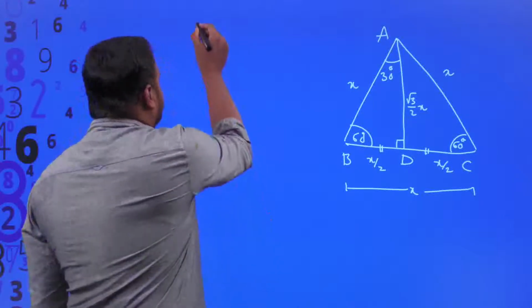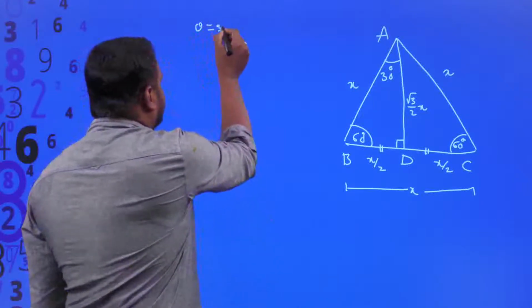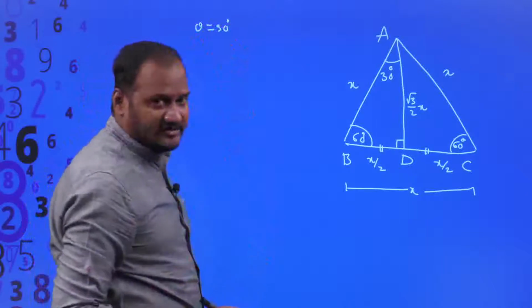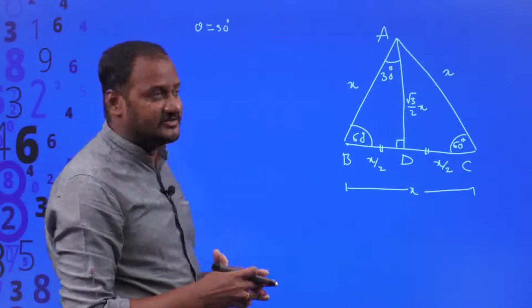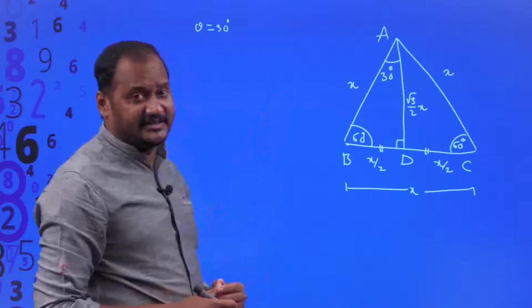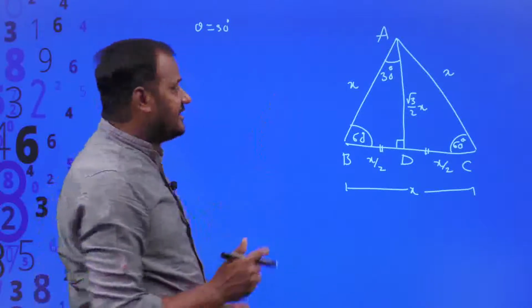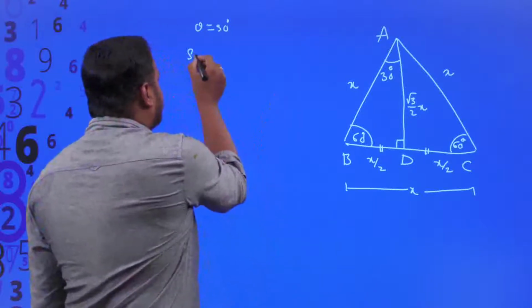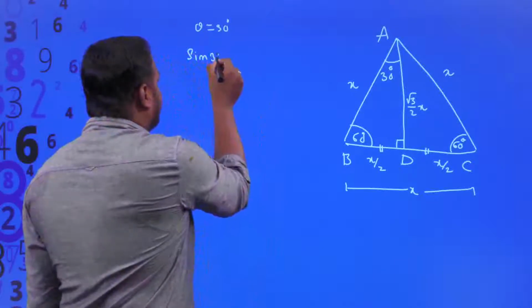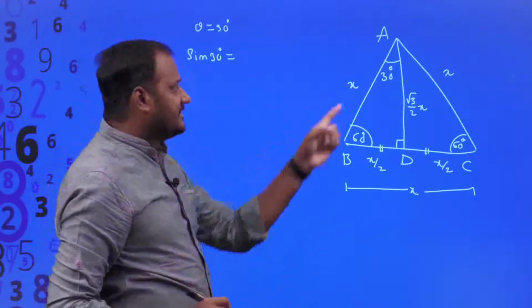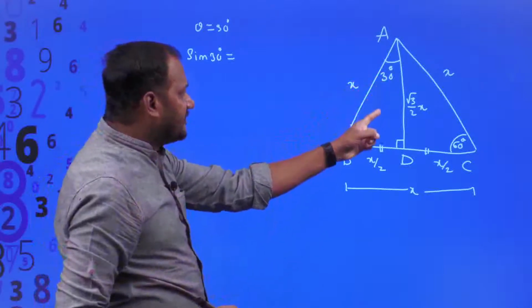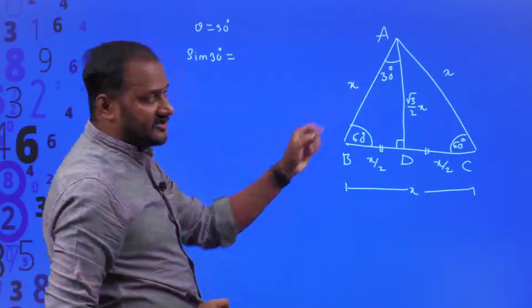Now, theta is equal to 30 degrees. Okay. Theta is equal to 30 degrees. Now, I am going to figure out all the 6 trigonometric ratios according to acute angle 30 degrees. Got it? Now, the first one is sin 30 degrees. According to the definition, sin theta is equal to side opposite to theta divided by hypotenuse.